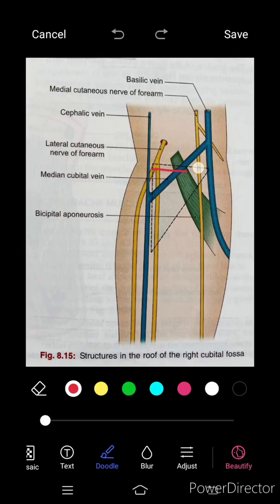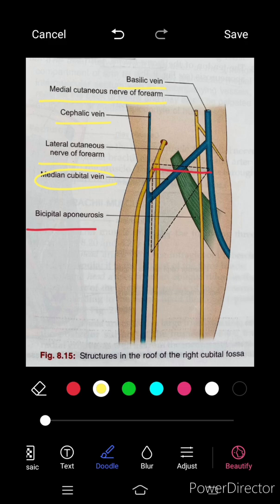Now let's see the figure of structures in the roof of the right cubital fossa. So this is the roof of the cubital fossa, and the roof of the cubital fossa is formed by skin, superficial fascia, deep fascia and bicipital aponeurosis. So the superficial fascia contains median cubital vein joining the cephalic and basilic vein, and lateral cutaneous nerve of forearm which is along the cephalic vein, and medial cutaneous nerve of forearm which is